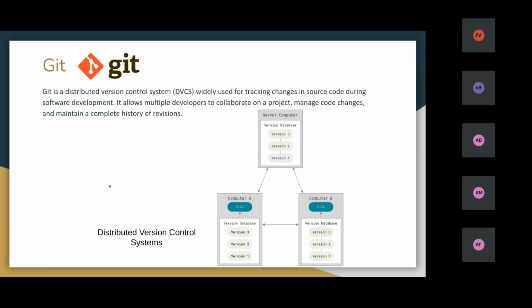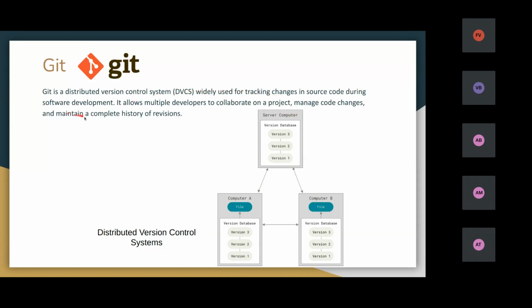The next tool is Git. Git is a version control software. It is used for tracking changes in source code during software development. Like I said, if a new version is to be released, the developer will be writing some code and will be uploading that code to this tool. The main code is always fetched from this tool.